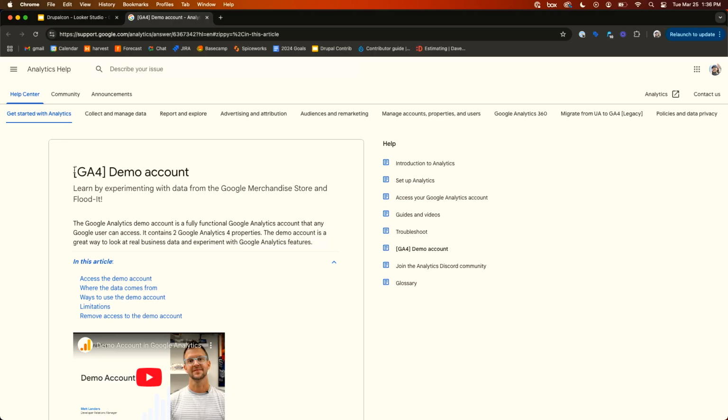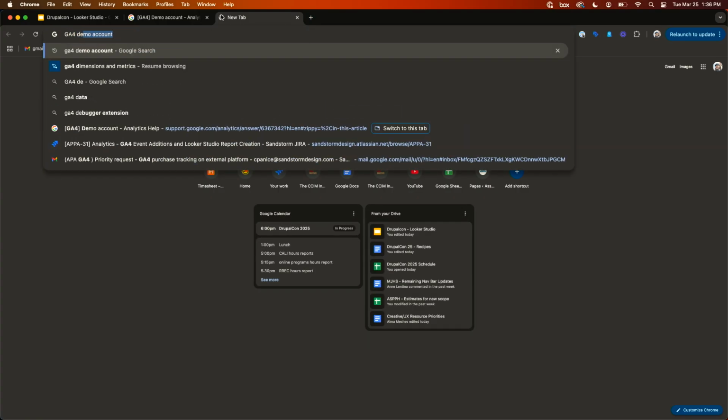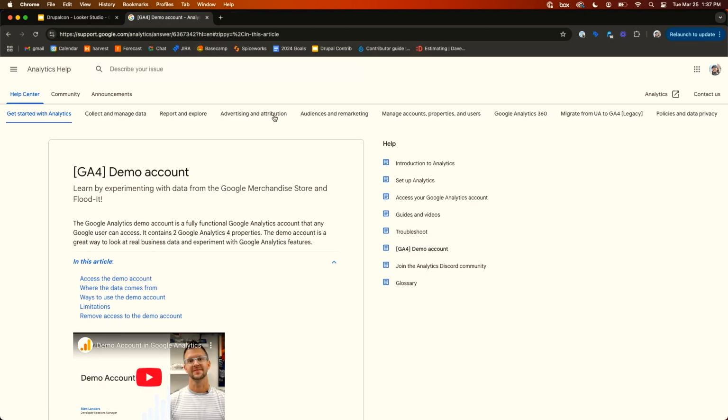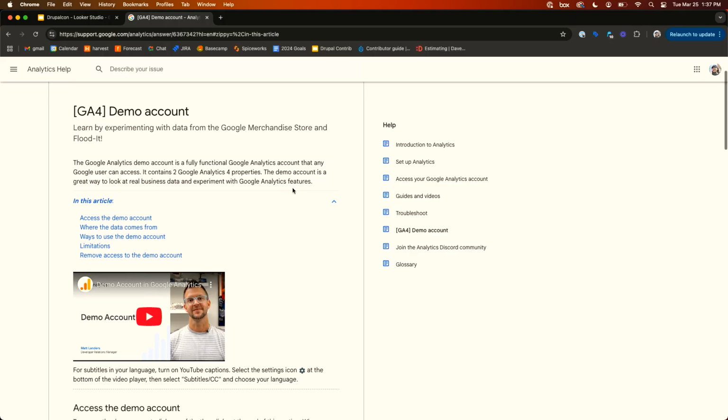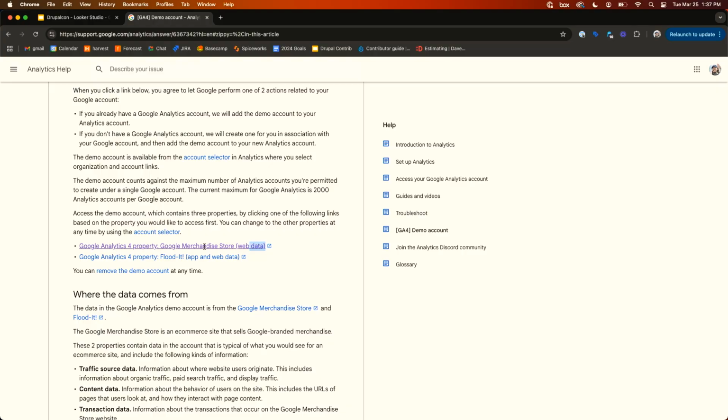When you go to that URL, you will land on this page, or if you just want to Google GA4 demo account, it'll be the first unsponsored link here at the top. That'll bring you to this page. To add the demo data for the Google Merchandise Store, you're going to scroll down, and it's going to be this first link here that says GA4 property, Google Merchandise Store, web data. If you click on that, it'll outbound you to Google Analytics, and then you'll have a new property available